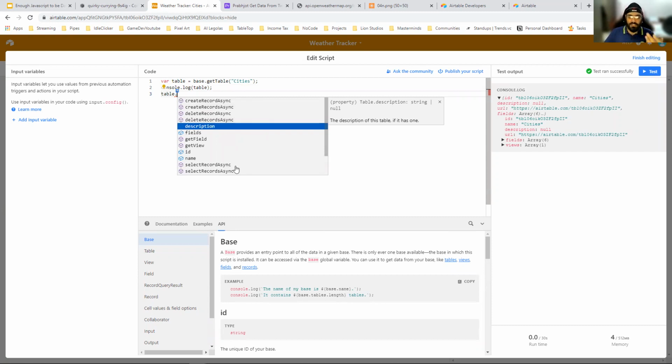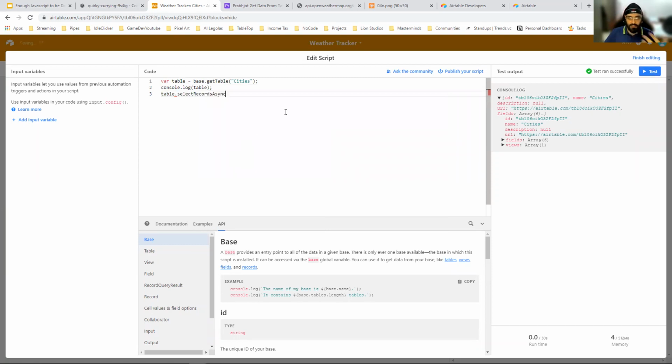The first thing that we can do is select all the records in our table. I can just select all my records and save it in var result. This is where a new concept will come in, and that is async and sync. What is async and sync? You'll hear these more. Let's think about that for a minute.